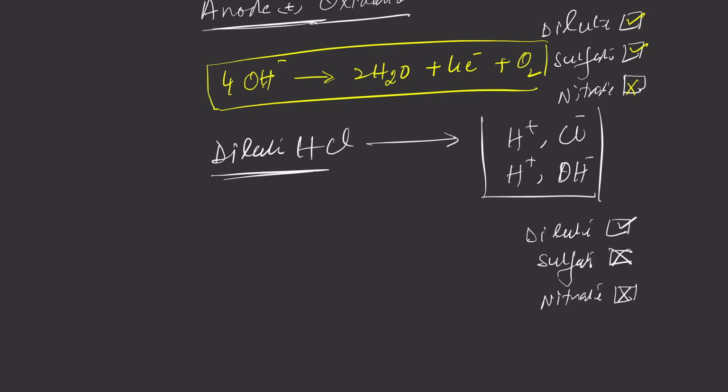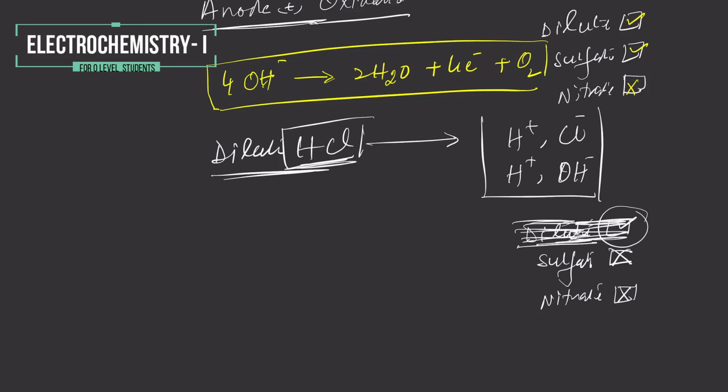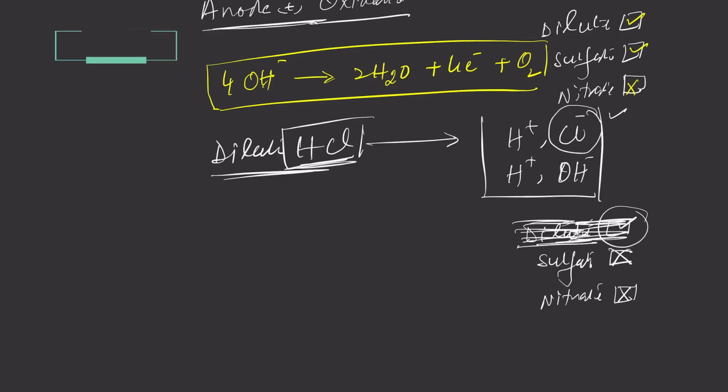No nitrate ions. But there is one checklist item. There is dilute. But in this case, there is an exceptional case, HCl. In this case, please don't include this dilute. Don't include dilute in case of HCl. So there is no tick in your checklist. In this case, once again, Cl- ion will be the winner. No doubt there is no hard and fast boundary between the dilute and the concentrated solution. Even then, the appropriate answer will be 2 Cl- ions will go towards anode.